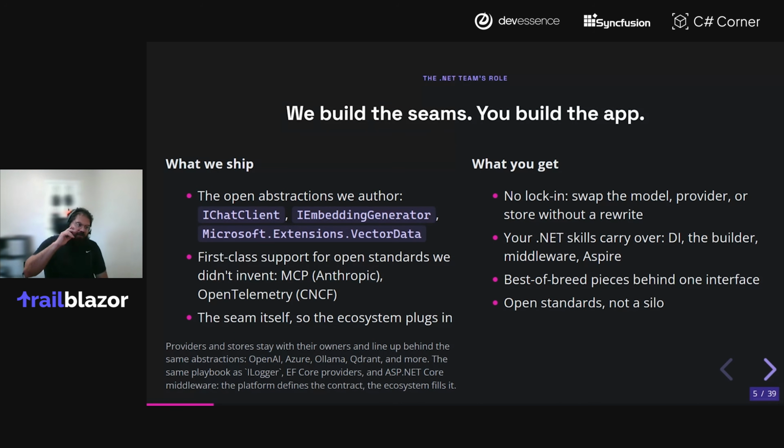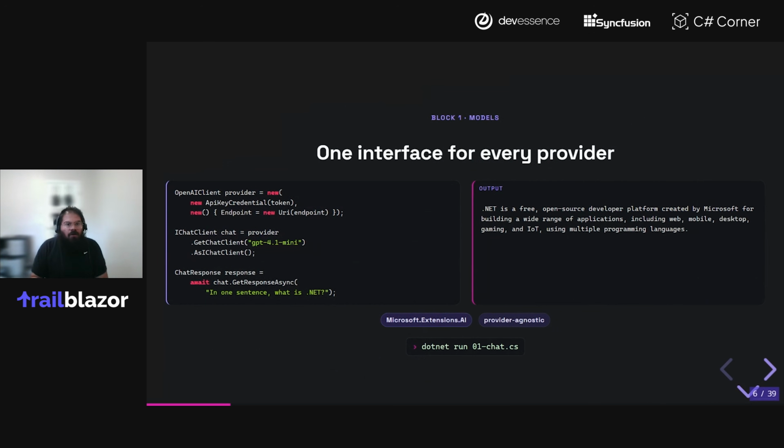That's as a developer. But if you're thinking of it as a library author, it allows you and your library to plug into this rich ecosystem without having to build the pieces yourself or having to program for every single provider that's out there.